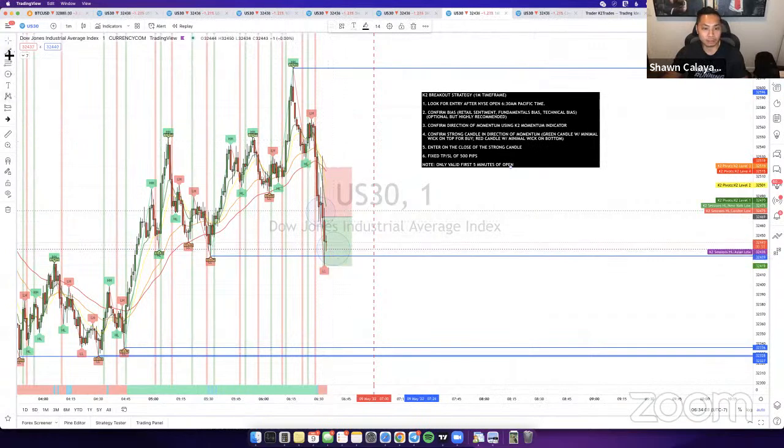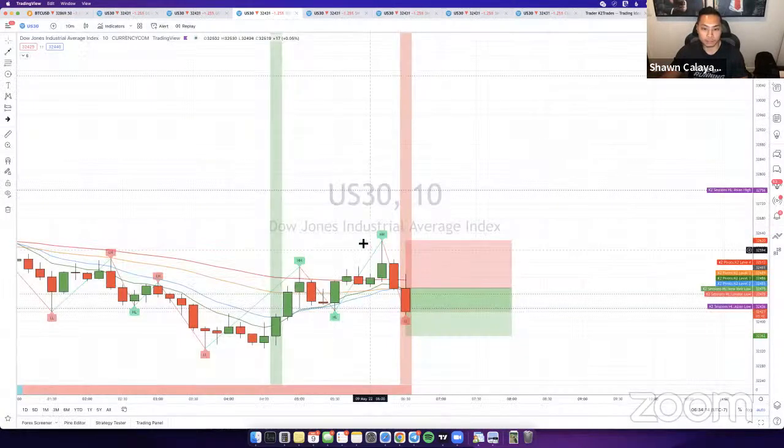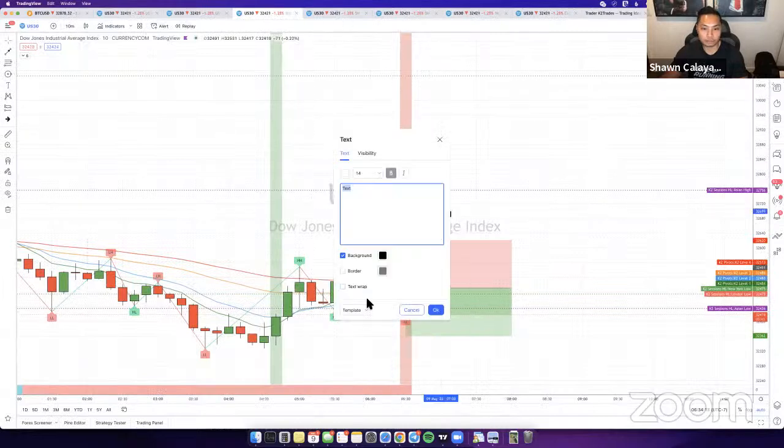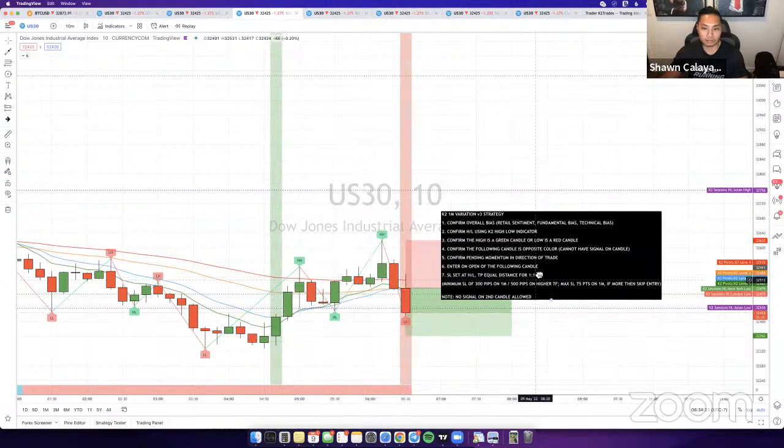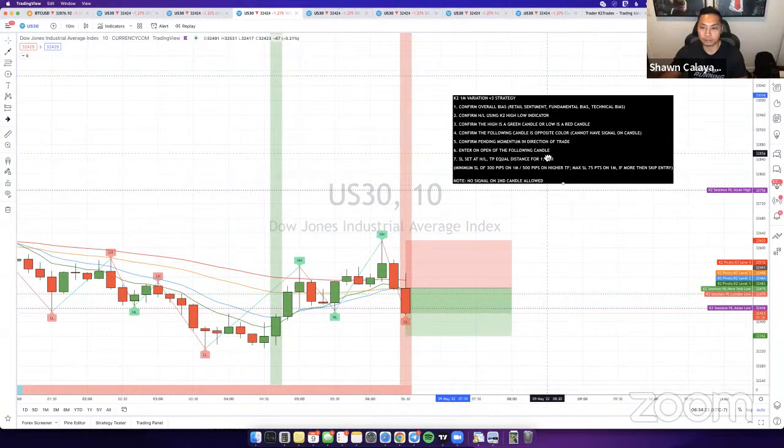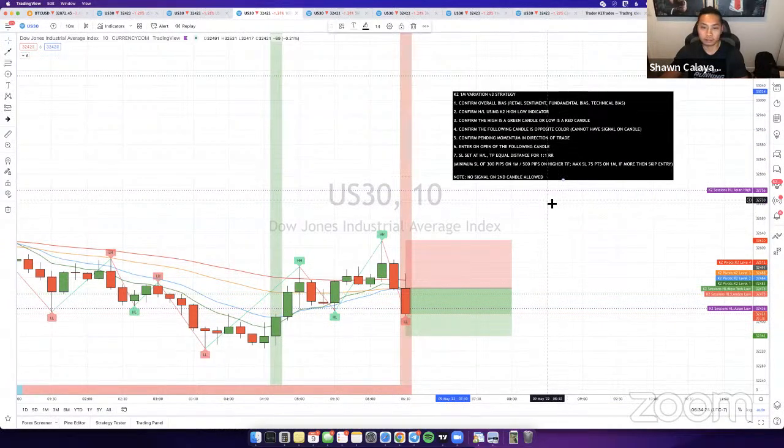When price comes below here, then great, we'll start looking for some more sells. But currently, I'm not looking to take any sells at the moment. Looking over here at the 10-minute, it looks like it's about to hit full TP. If you're wondering which trade this is for, this is the variation V3. Right there.